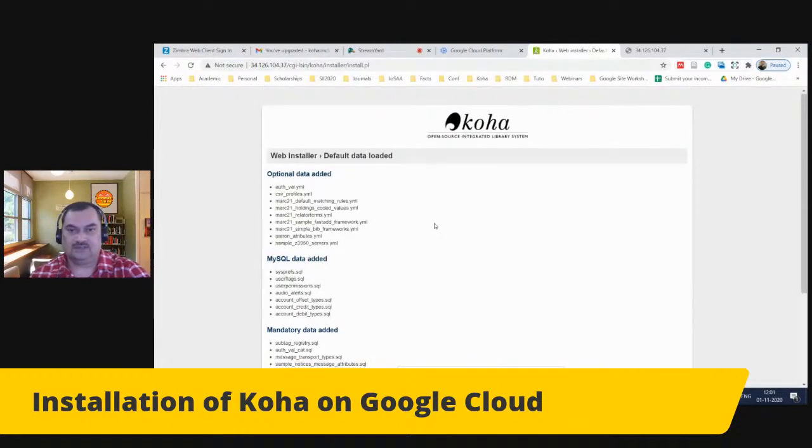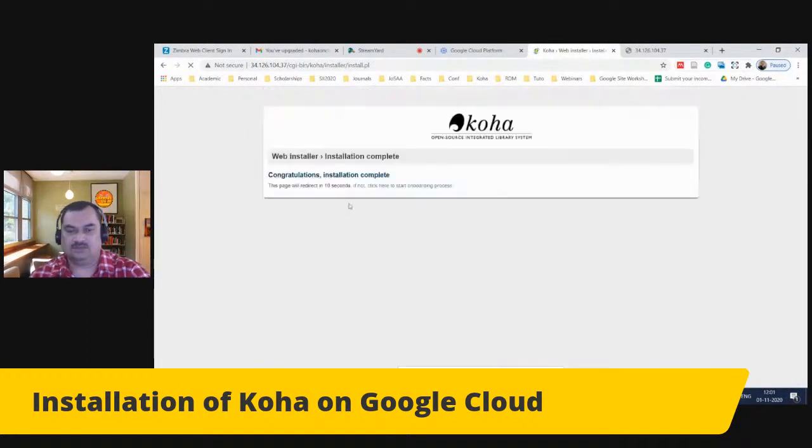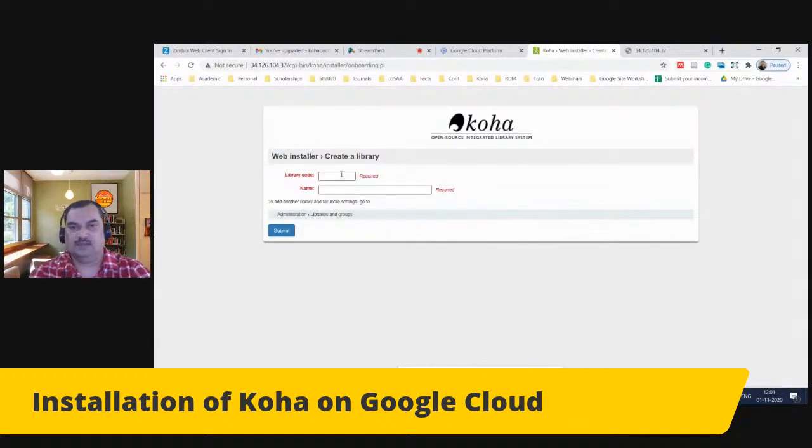So you can see default data is loaded, and now we are ready to go. To set up some Koha basic requirements, it has completed. So we have successfully done the Koha basic settings, and now I just click on start onboarding process, and